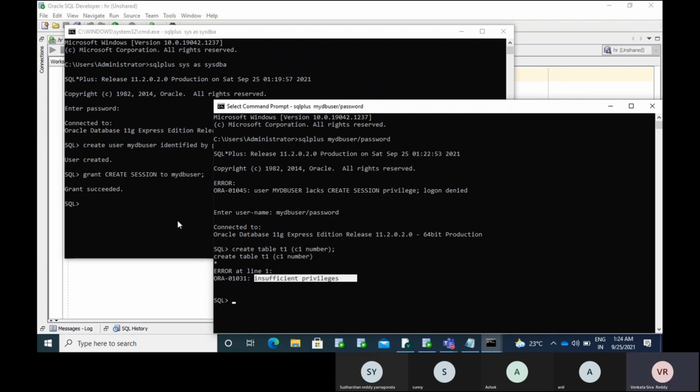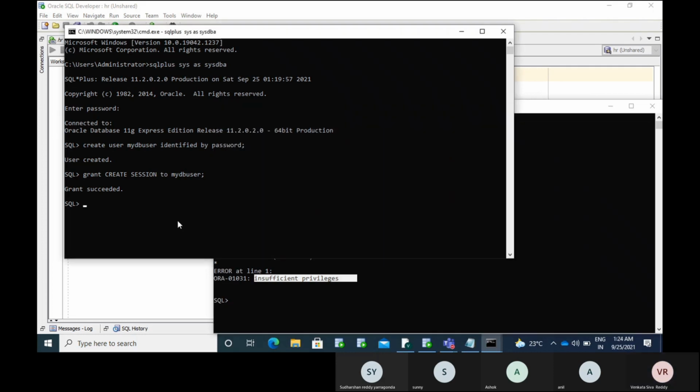So if you want to provide all the grants, we need to provide DBA here: grant DBA to my DB user.